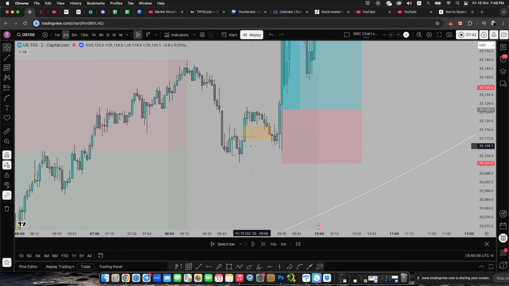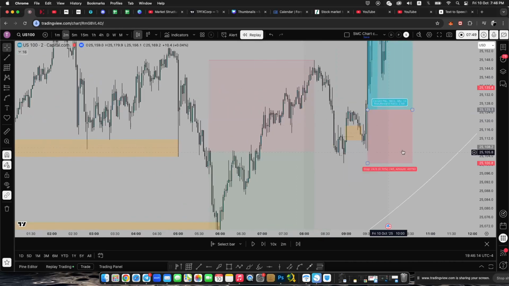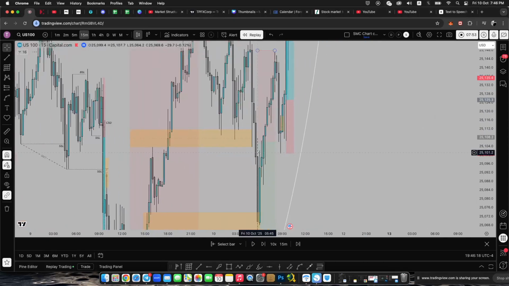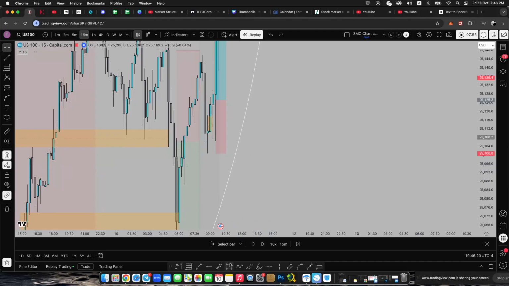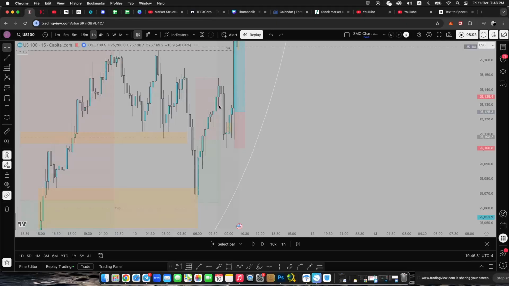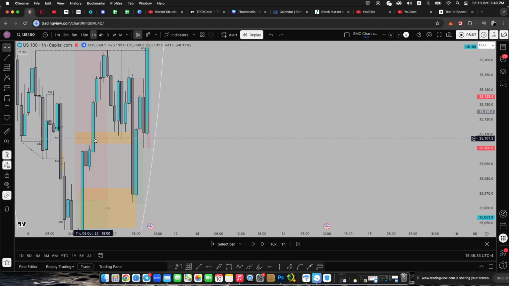this changing the state of delivery, right? Sweep, then changing the state of delivery. It's not happening in the middle of nowhere, right? It's happening right at discount. I didn't have a clear fair value gap right here. I want to say probably it was this one, but that fair value gap is not on discount. It's actually on premium. I don't know if you can see there. So that's why I wasn't paying much attention to that. I didn't get any clear fair value gap, probably this inversion right here.